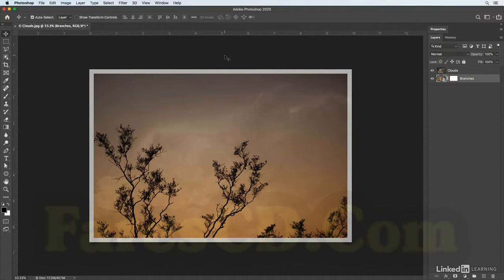So as your files get more complicated, the ability to replace the contents of a smart object can really be a great time saver, especially if you're collaborating with other people on a design and you don't have the final artwork. One thing to note, if you do have different size original files, then you might need to resize them when you replace the contents, but because they're smart objects, the transformations will be non-destructive.